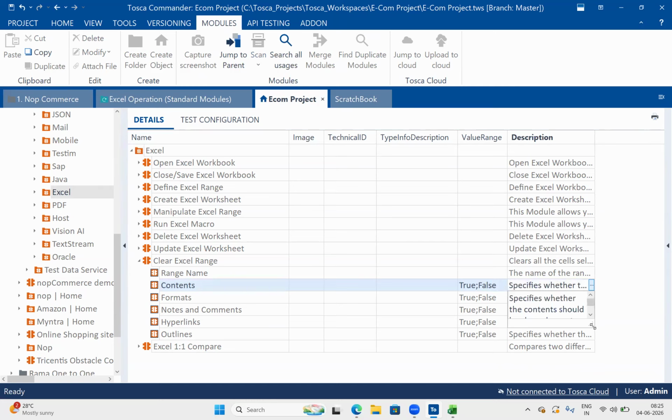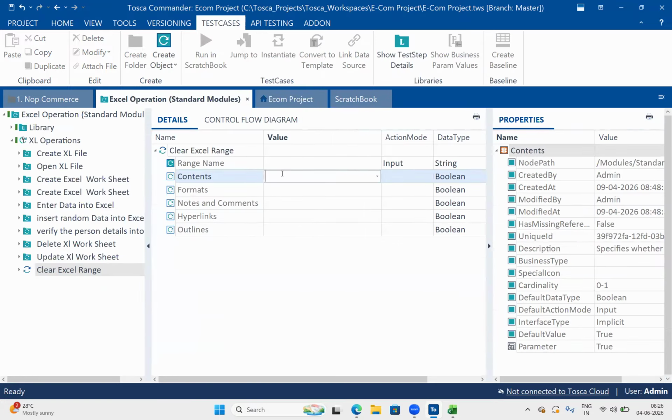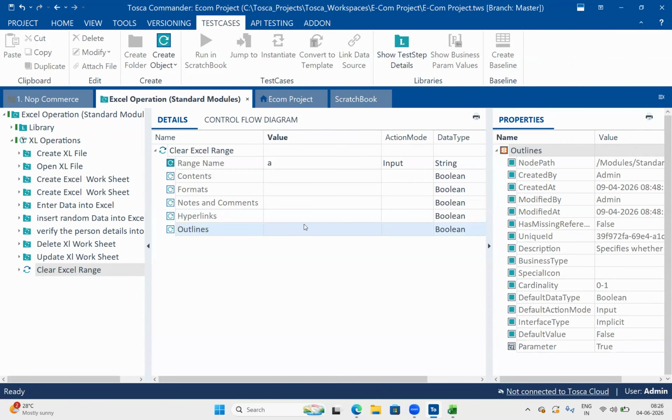Content: specify whether you should clear the content or not. If you have not mentioned any value at the contents level, by default it takes the value as true. That means in your script, if you have not mentioned any content, by default it is considered as true. Automatically it deletes the entire content from the